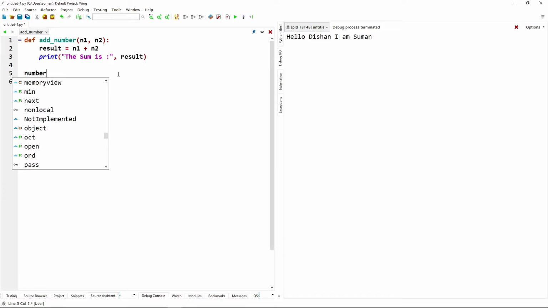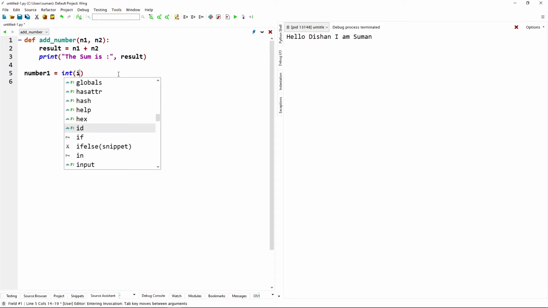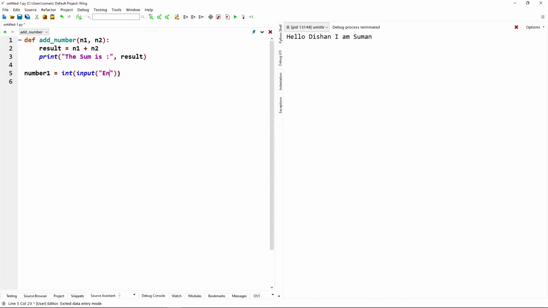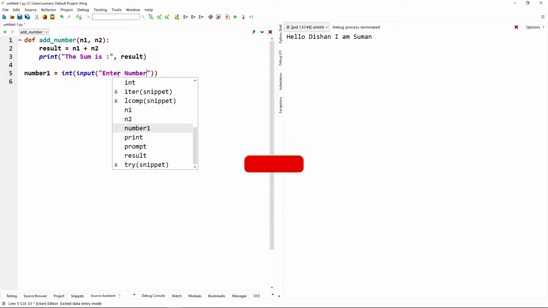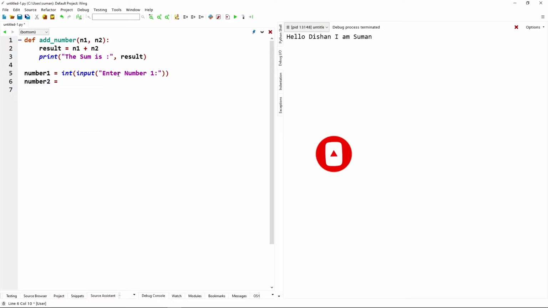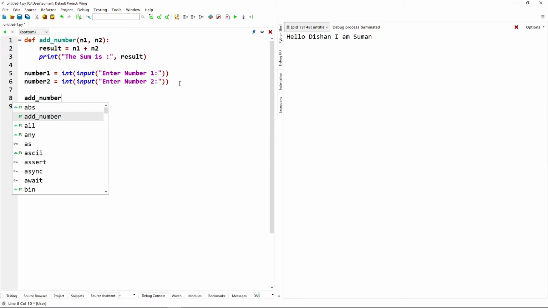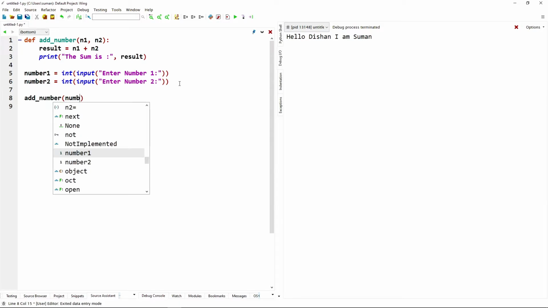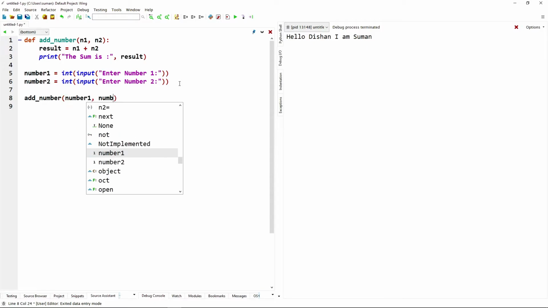So number1 is equal to int(input("Enter number 1")), and number2 is the same, "Enter number 2", and now we are calling the function add_number with arguments number1, number2.